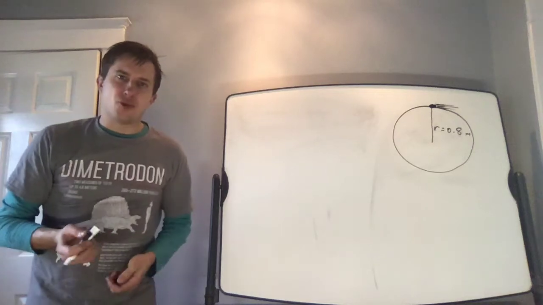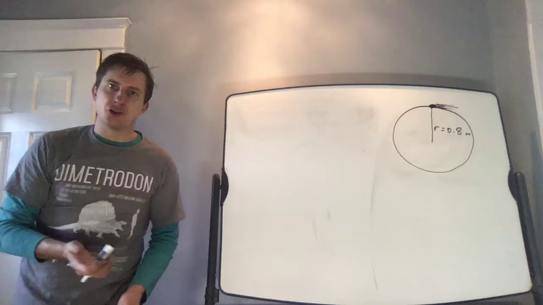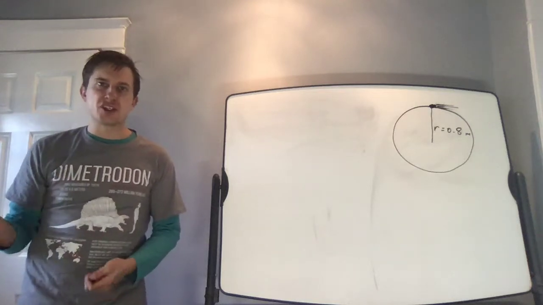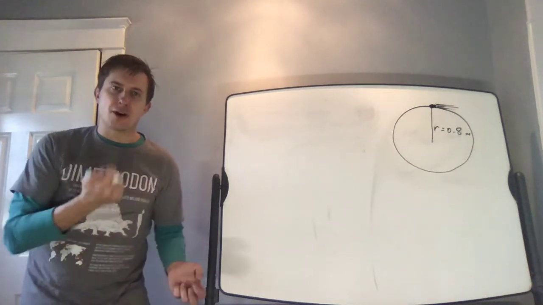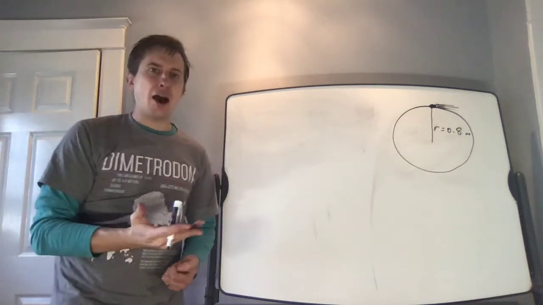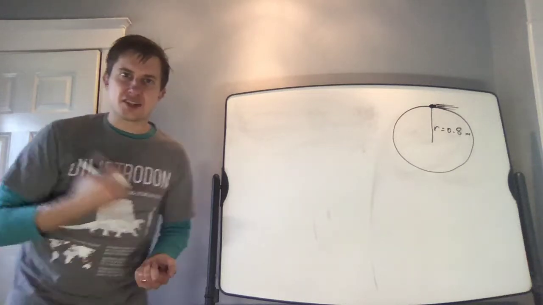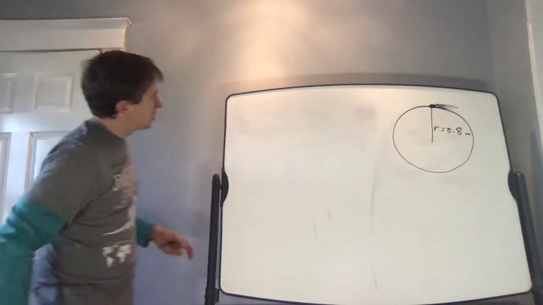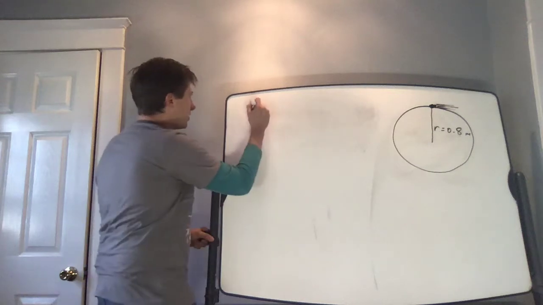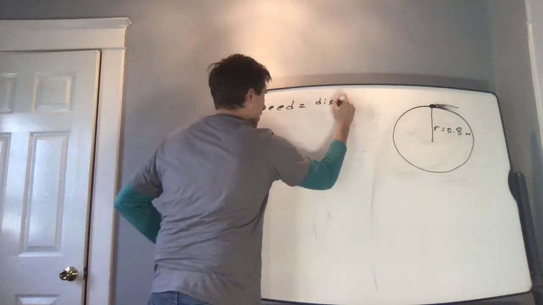In the first example problem for this chapter, we're told that there's an object moving around in a circular loop of radius 0.8 meters, and that object moves once around the loop every 2 seconds. For the first question of how fast is this object moving, we're told the object is moving at constant speed. So I'm going to choose to find the speed of the object by writing speed is distance traveled over the